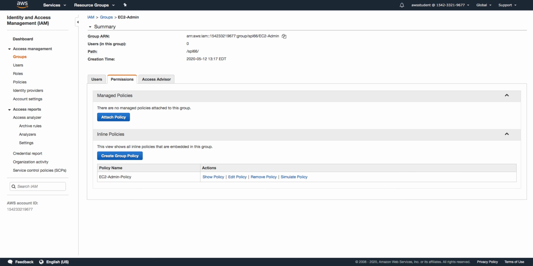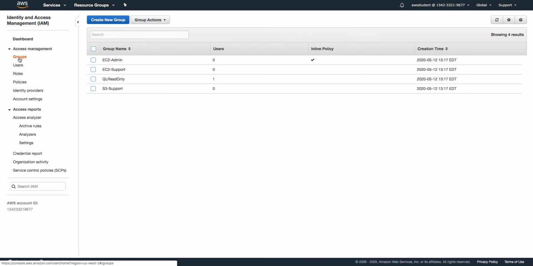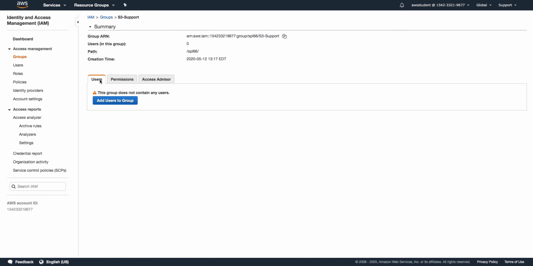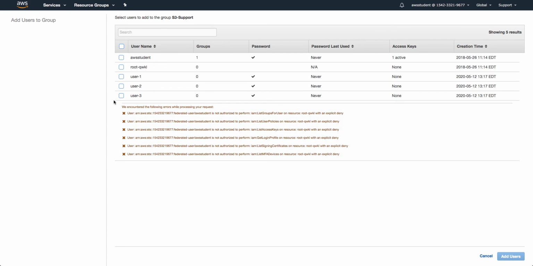So let's say user 1 is now coming in, got hired, and their role is to support S3, Amazon S3. So we need to add them to the S3 support group, and then they can inherit the necessary permissions via the attached Amazon S3 read-only access policy. So let's go ahead and add that user now. So we'll go back to groups. We're going to go ahead and look at the S3 support, and then we'll click on users. And now here we could just add a user to the group, and we're going to add user 1 to this group, and we're going to go ahead and click add users,